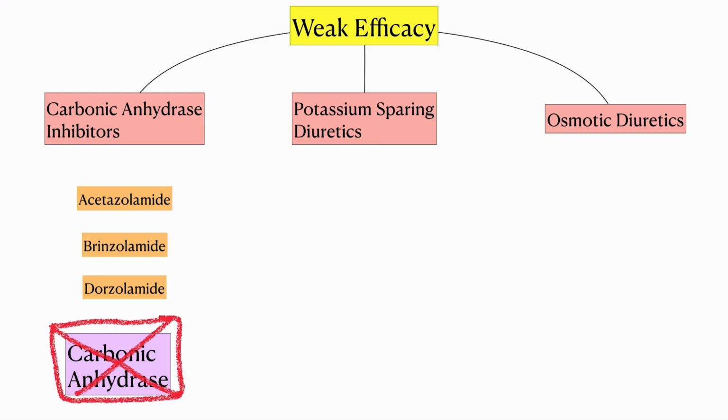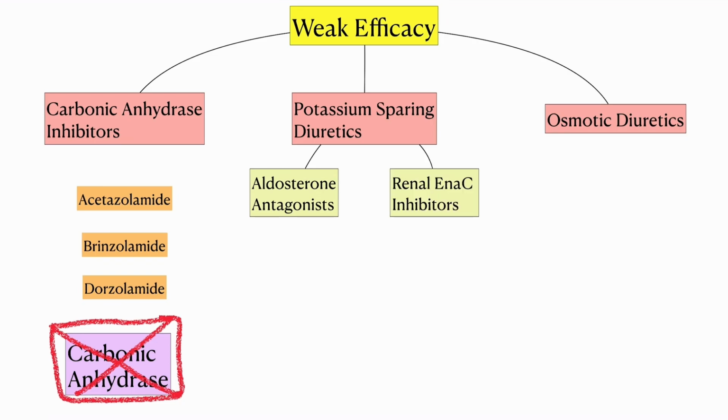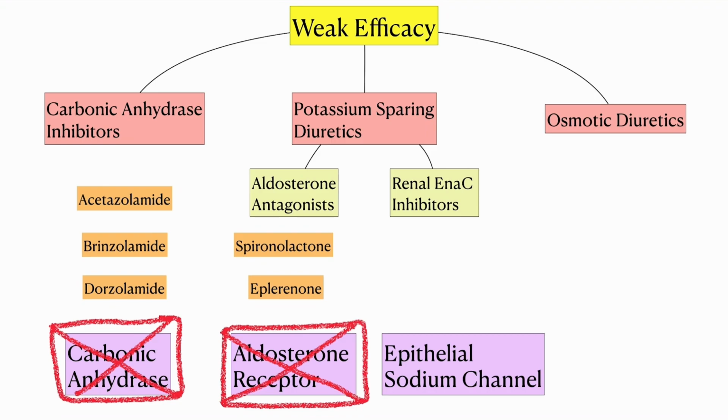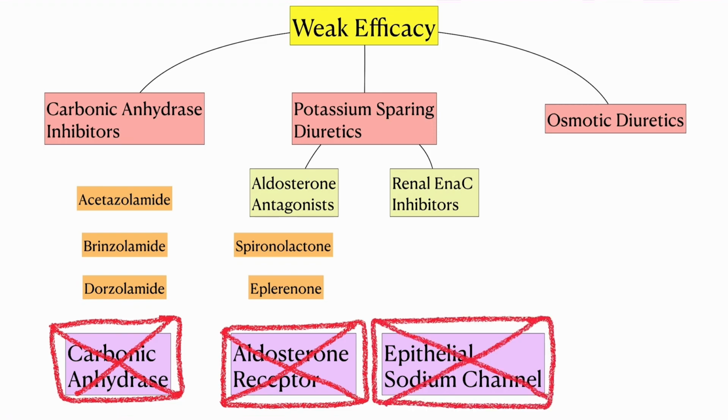While the potassium-sparing diuretics are further of two types: the aldosterone antagonists and the renal ENaC inhibitors. The aldosterone antagonists, as the name suggests, inhibit or antagonize the aldosterone receptor, and the drugs included are spironolactone and eplerenone. The renal ENaC inhibitors inhibit the epithelial sodium channel of the collecting duct, and the drugs included